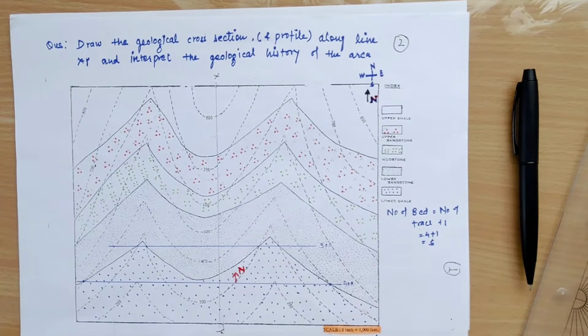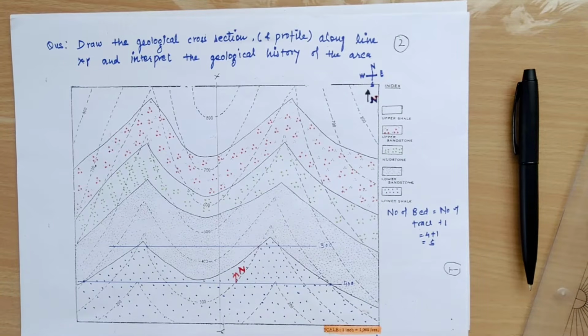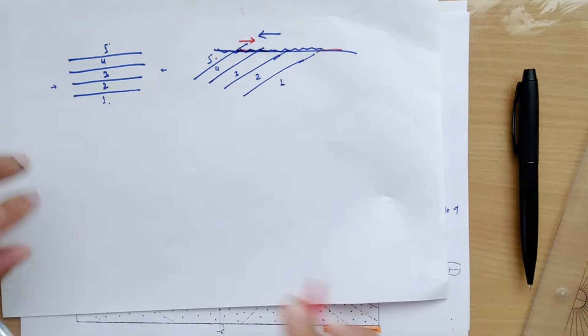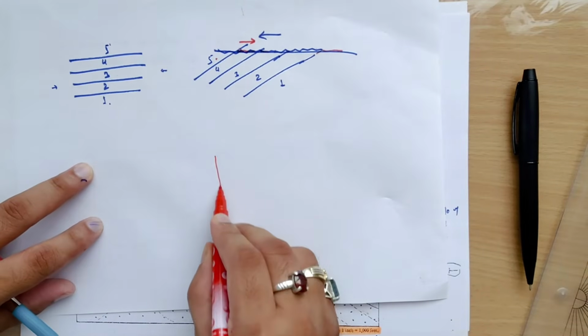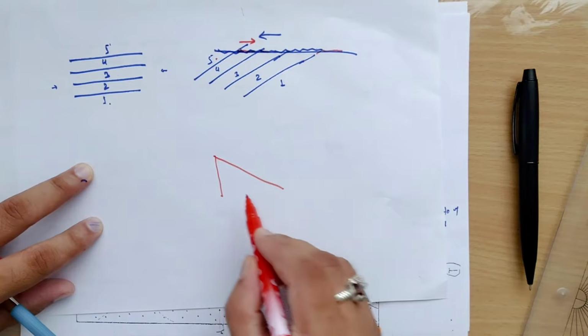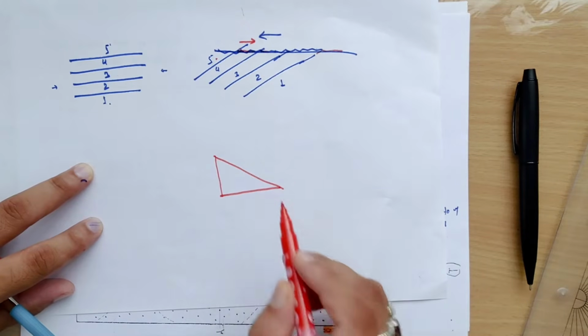Now in order to draw the cross section, we do not only need the direction of dip, but we also need the amount of dip. So how is the amount of dip determined? They are simply related with a triangle. Like if we have one bed having dip like this,